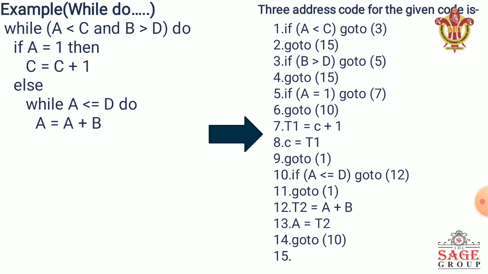Now in this loop we again and again check these conditions. For this we write go to 10, means this is the inner while loop, and this represents our main loop. So again and again we reach our main loop, and if both conditions, if or else, either work, we again switch to our main statement. So with the help of these methods we can convert the while statement into the form of three address code.